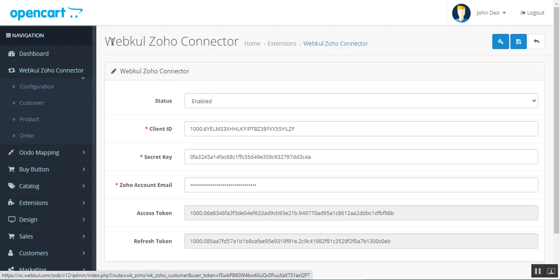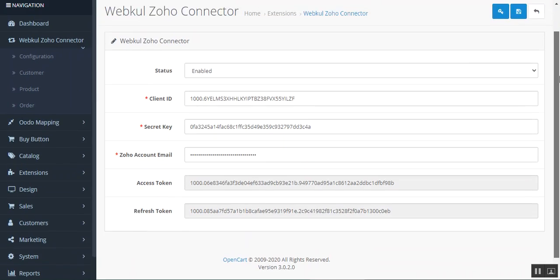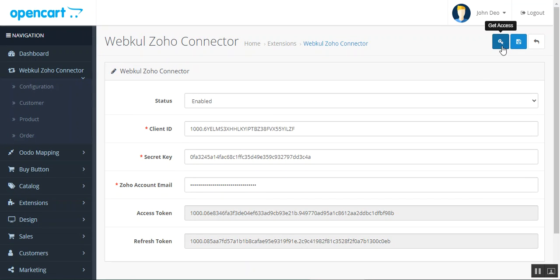If you tap that, you'll come back to the Webkul Zoho connector section. Then you have the customers, products, and the order sections as well. We'll take you through each of them one by one. So right now we are on the Webkul's Zoho connector initial configuration settings. These are required, and here at the top you have the get access option,